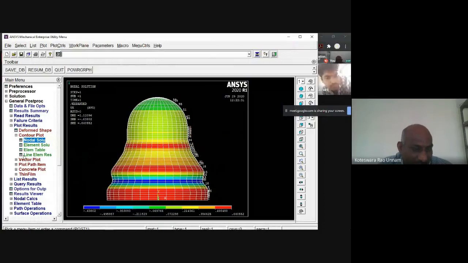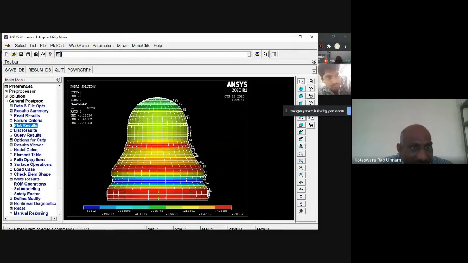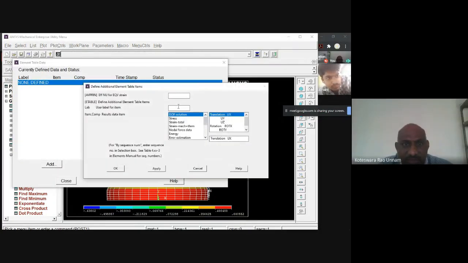So go for nodal solution. For that, what we'll do is we need to define an element table here to extract the stress results for this element. You need to go for define table. Then first I'll go for longitudinal stress. I'll give the label for that longitudinal stress as LTSR, or if you want, I'll use capital letters. LTSR for longitudinal stress. So here I need to go for sequence number and SMISC. I need to take it as 18. So this is the sequence number defined in the software. You have to follow only this procedure. Otherwise you won't get the values.